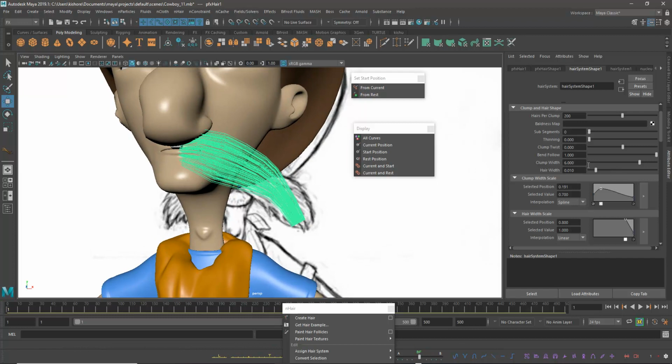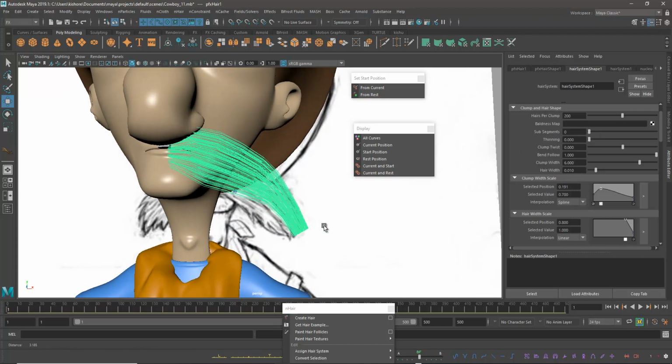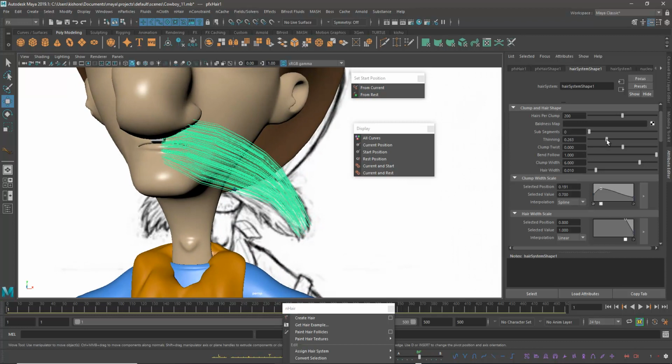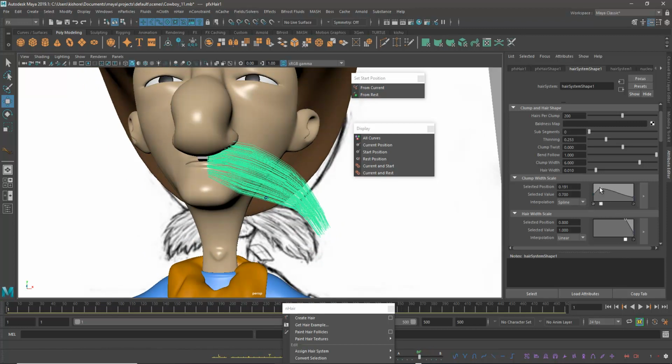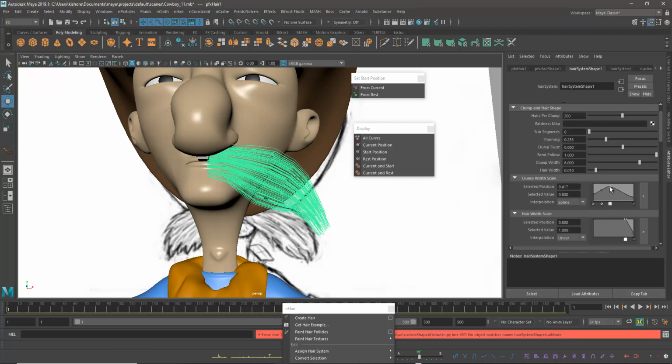Then there is a seed-like cutting right here. For that, what I'm doing here is thinning. When you increase thinning, you can see something like this, an uneven smoothness at the tip. Otherwise it looks like a straight cut, which is not realistic, right? So I'm just doing something like 0.25. That's fine.